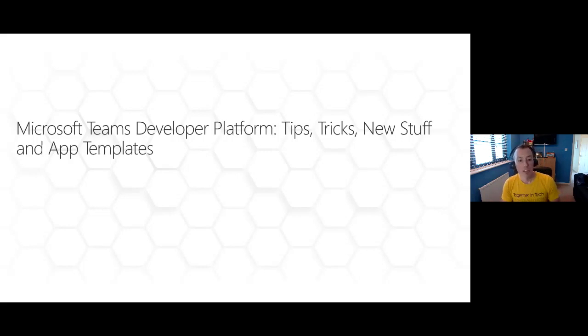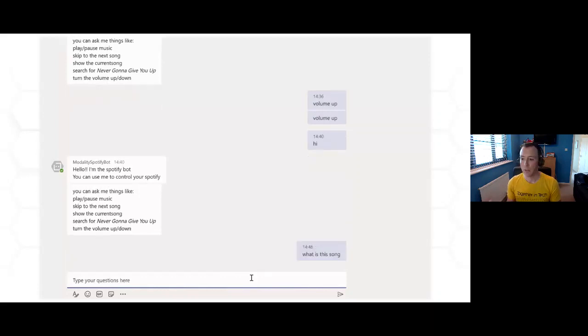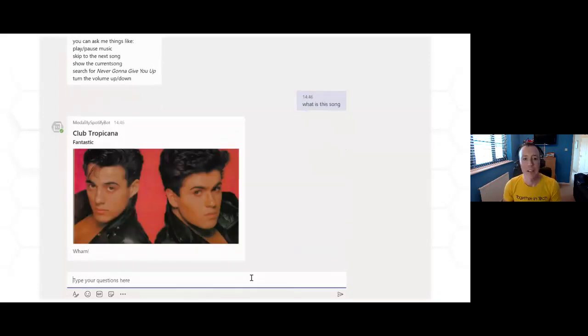So last year we had a work experience student join us for 3 days. Her name was Holly. She's 15 or 16 years old now. In 2.5 days, this is what she built for us in the office. This is a Spotify bot. It connects to the Spotify API. Holly built it in a few days. It connects to this Spotify account that we run when we're all in the development office.